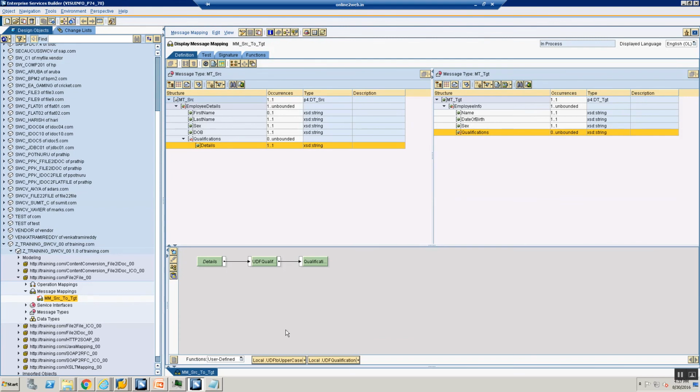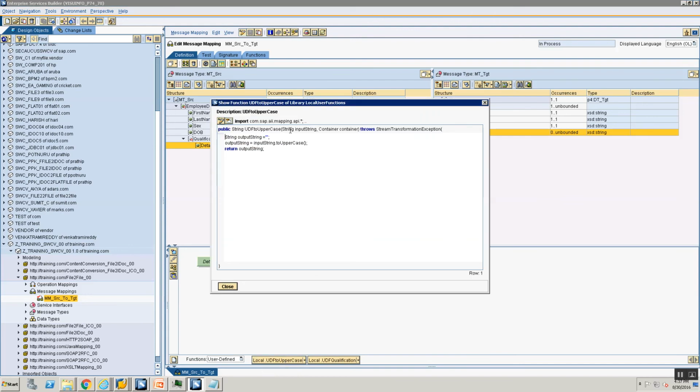So how do we add trace statements to our user defined functions? Let's go ahead and edit our user defined functions and add trace statements. I'm going to get my trace object. So I'm going to say abstract trace equal to container dot get trace. Okay, so I'm saying abstract trace is equal to container dot get trace, and now I'm saying trace dot add